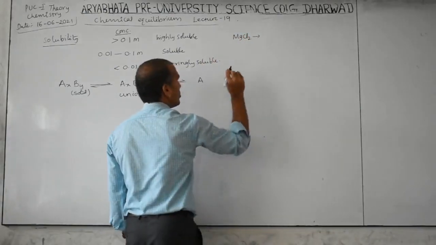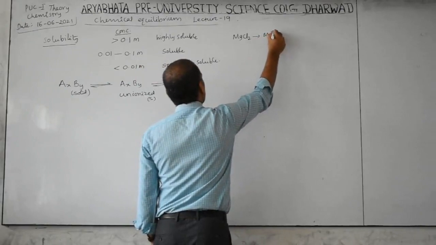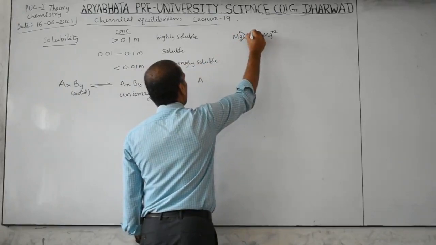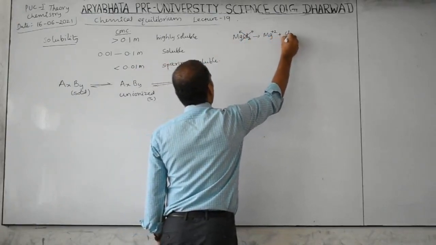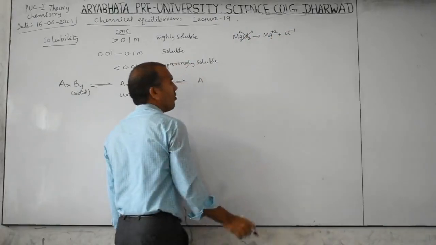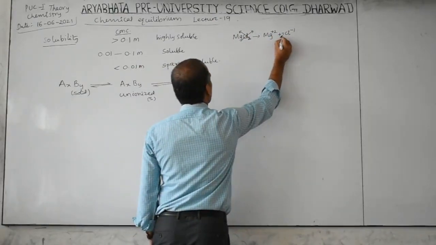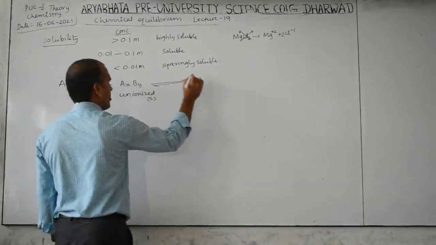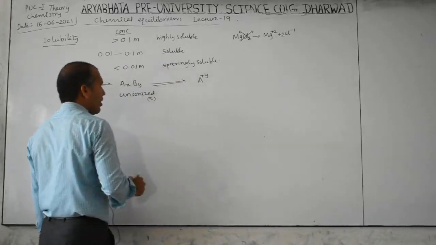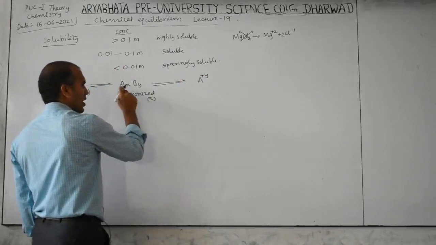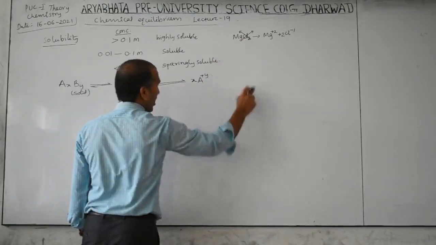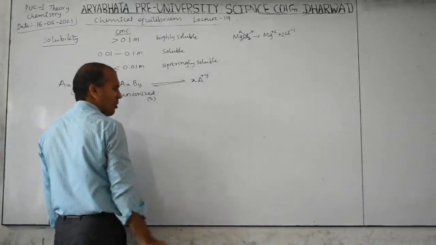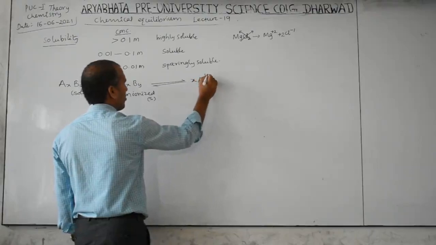MgCl2 ionizes into Mg plus 2. This 2 will be here, cross multiply. This 1 will be here, cross multiply. And this is Cl minus 1. But how many chlorines are there? 2. Therefore 2. So based on this concept, I want to write here, this Y will be here, A plus Y. And how many X are there? Keep in mind in this way. 2 are there, therefore 2Cl minus. X is there, therefore X, A Y plus. Anyone write here, plus Y or Y plus, right?